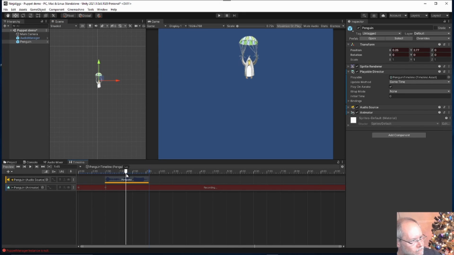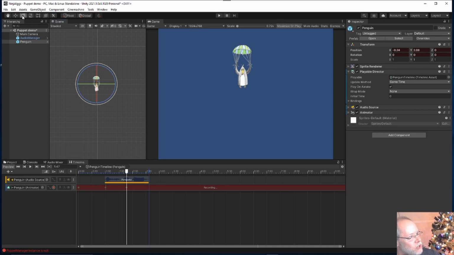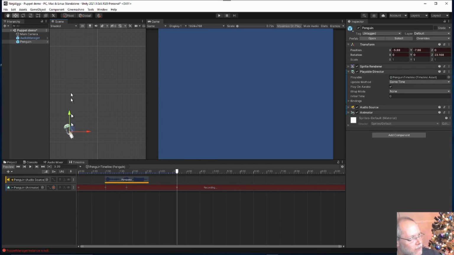Maybe just move him just a tad. So he's going to kind of float in, hesitate a little while. In fact, I might even do a little rotation on him. And then we'll move this guy out to around 3.5 seconds. And I'm going to grab him and drag him off the screen. And I'm going to give him some rotation back the other way. And stop recording. And so you see it's added some keyframes, and at each position, it's applying those transform changes